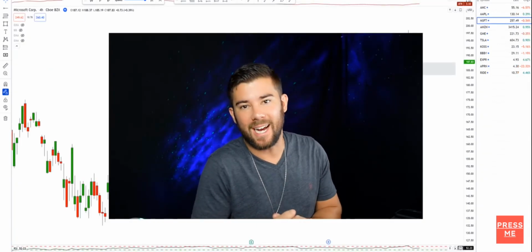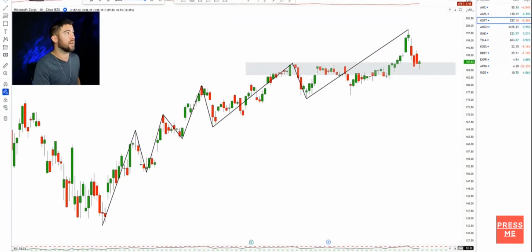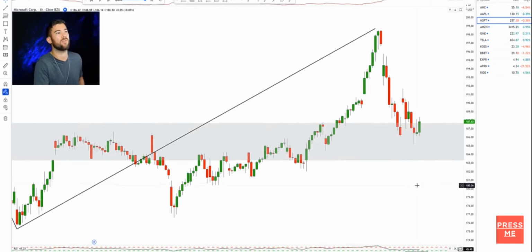So now let's dive into a recap of everything here on the chart of Microsoft explained earlier. And since this is a recap, I'll go over everything. So if you're on the 5-minute looking for trades, you look for structure and trend on 15. If you're on the 1 hour looking for trades, you look for structure and trend on the 4 hour. And if you're on the 4 hour looking for trades, you look at the daily for your trend and structure. Now let's drop down to our trading time frame. What are we looking for here? Well, in the